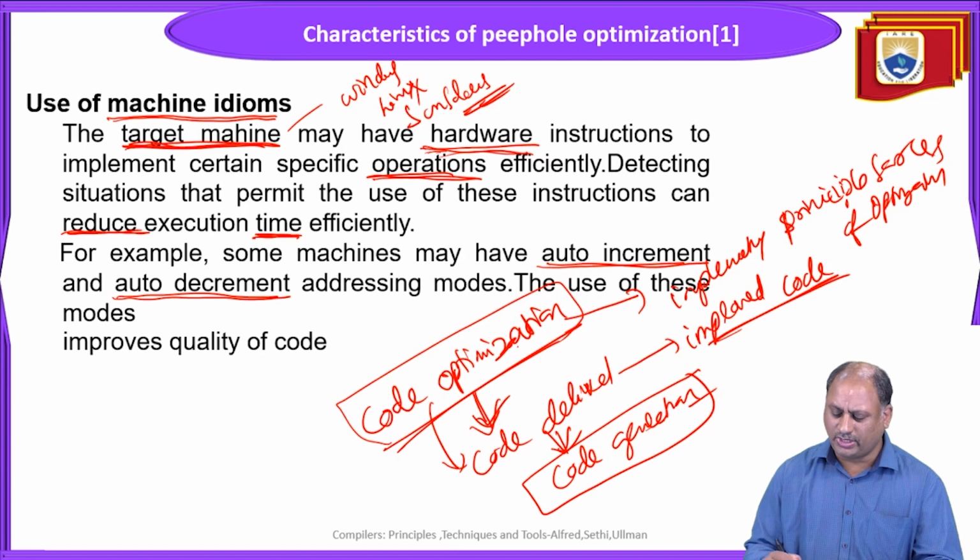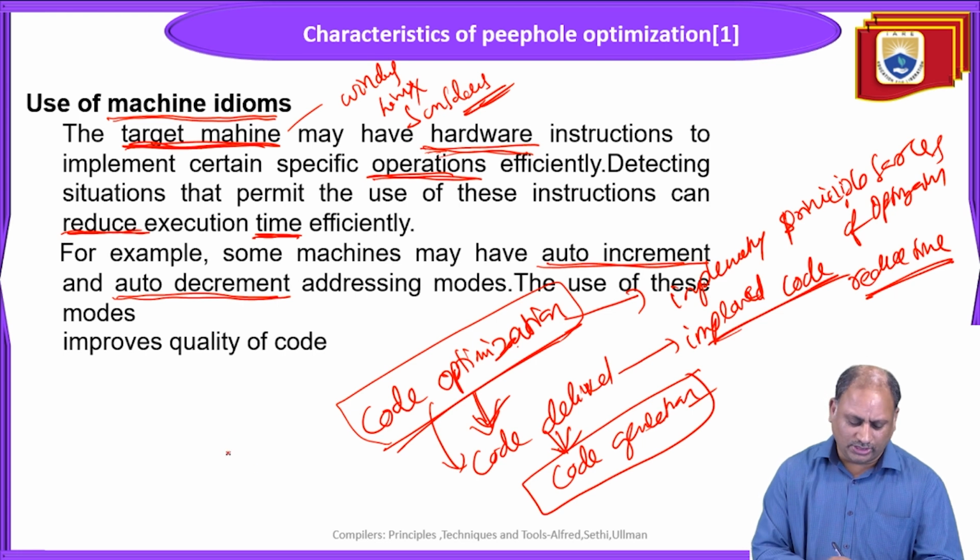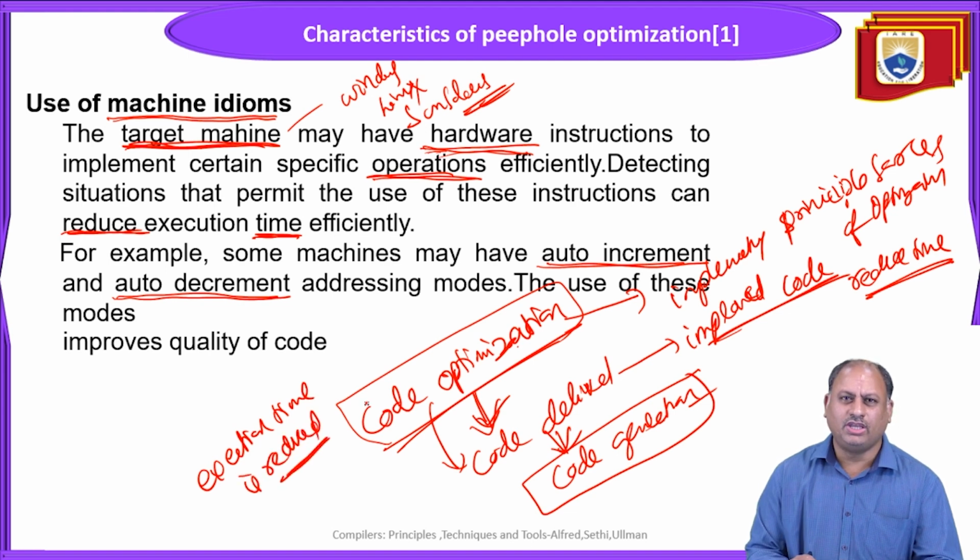All the techniques are applied, and then the processed code is available, and that code's performance will be greatly improved and the time reduced. It reduces the compile time and execution time. The time taken for the code to be executed is reduced by implementing these principal sources of optimization, and that code is sent to